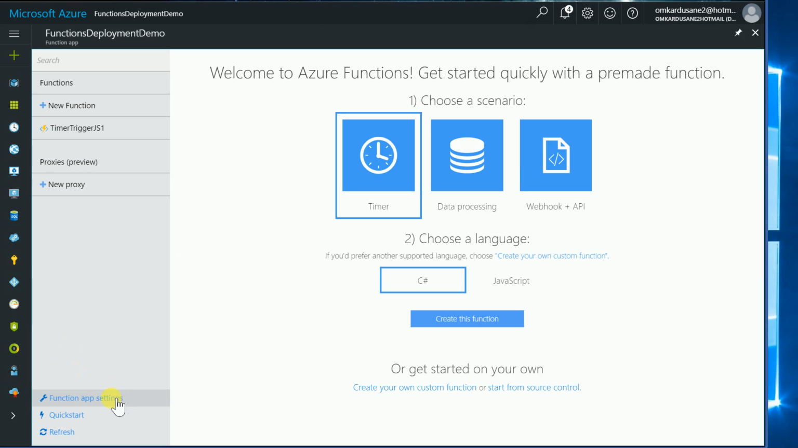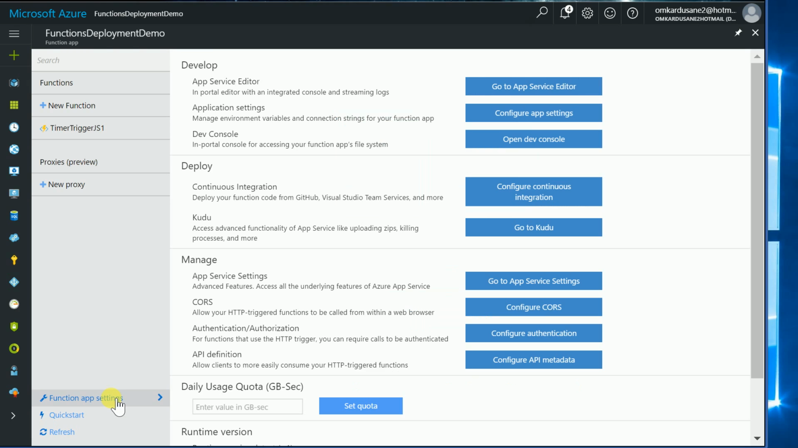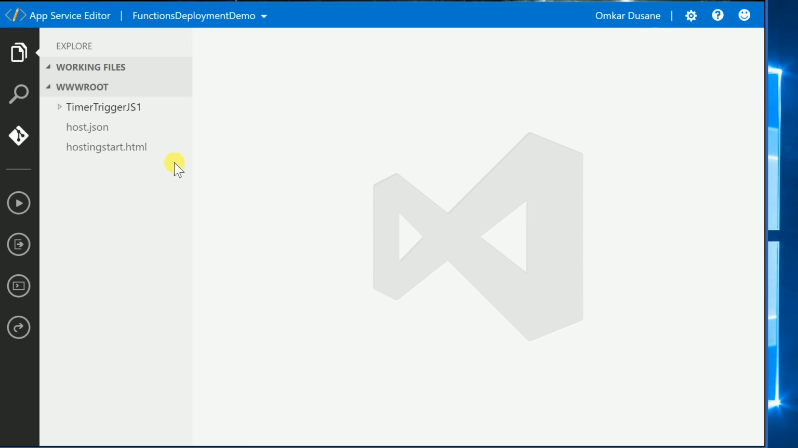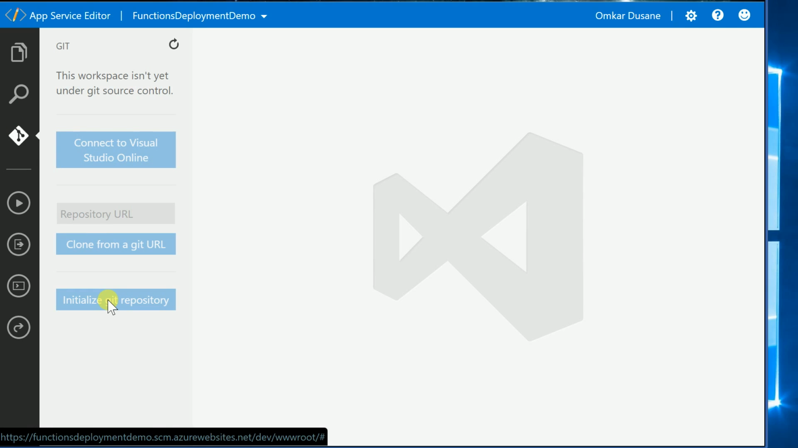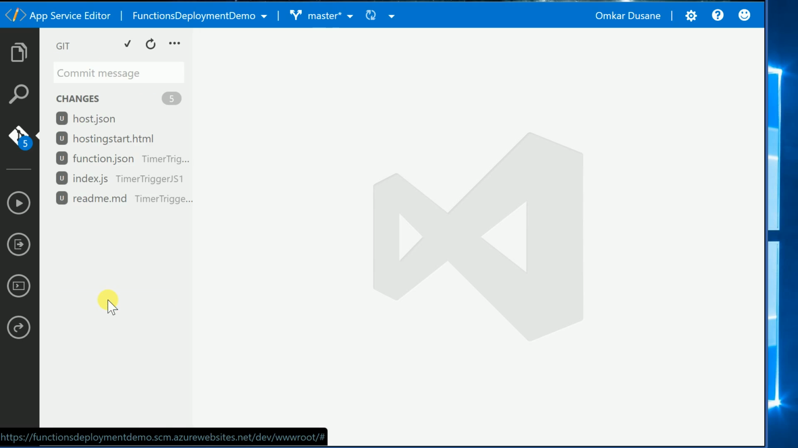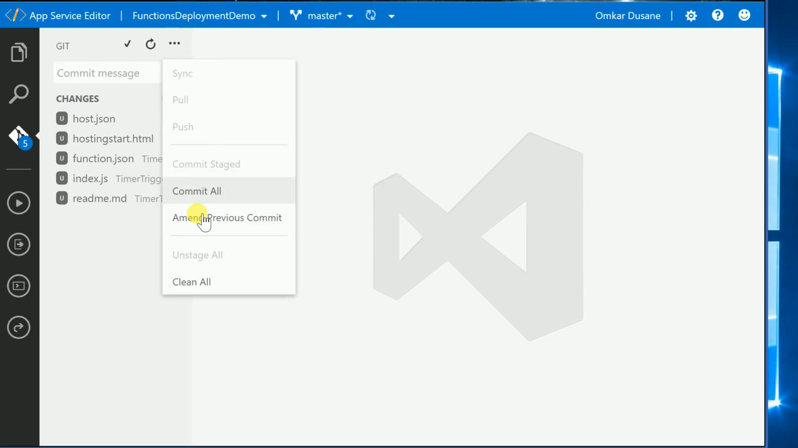find an icon called function app settings. When you click on that icon, you will see go to App Service Editor. It will load this App Service Editor for you. It is just Visual Studio Code running over the cloud, and you will see this icon here that says Git. You can initialize a Git repository there and commit the changes, or